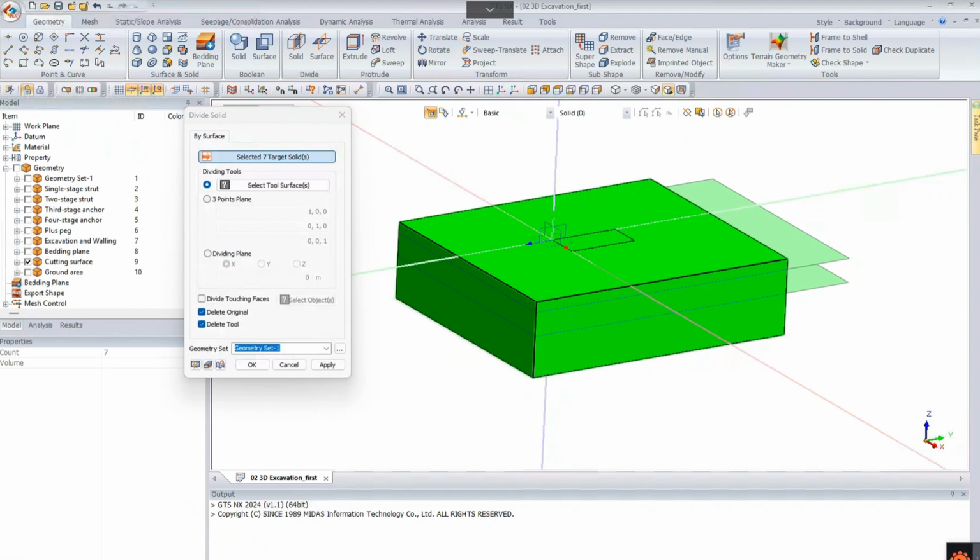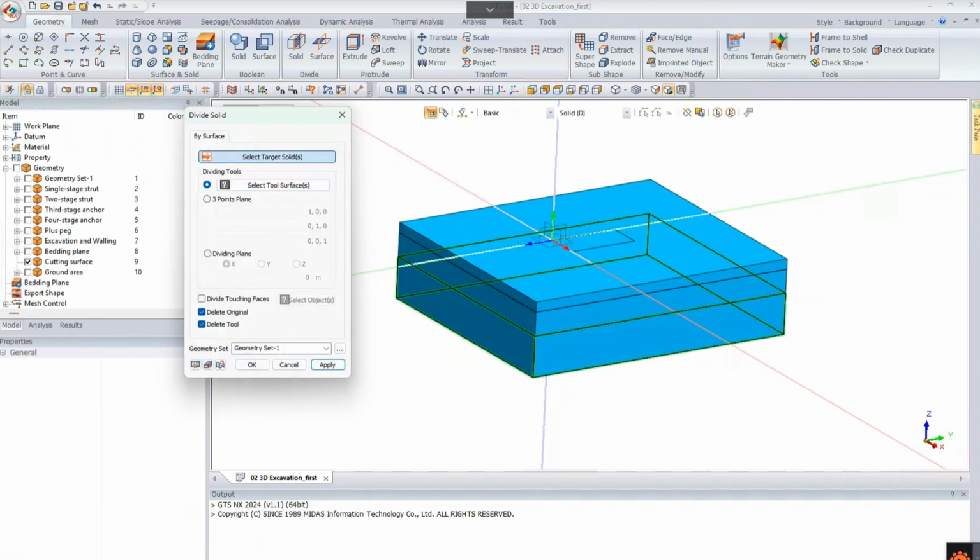Select target objects. We use the select all function to select all the geometry, and then we select tool face by the cutting surface, and then we apply. So now the soil is cut into 3 layers,